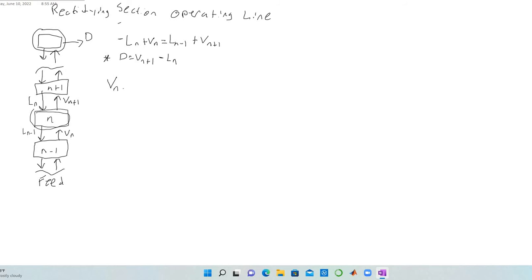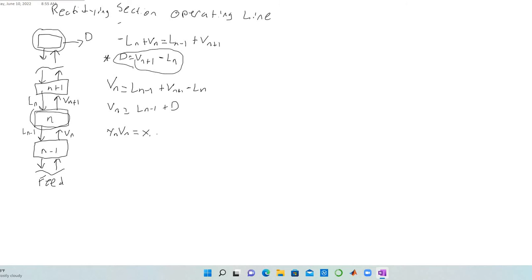So we'll have Vn is going to equal Ln-1 plus Vn+1 minus Ln, right? And we know Vn+1 minus Ln is equal to D, so Vn is going to equal Ln-1 plus D, our distillate. Now, this is the mass balance, but again, with distillation, we're more interested in putting everything in terms of the more volatile component. So, our mole fraction of the vapor at stage n times Vn is going to equal